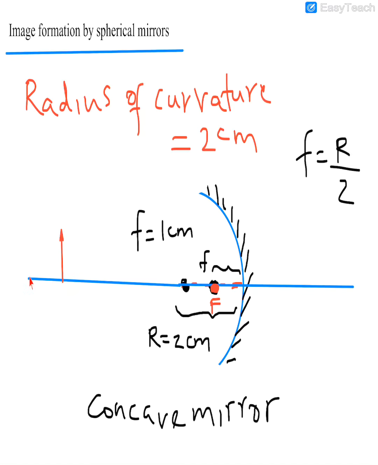Tail will always be on the principal axis. As you already know, this is the principal axis which we discussed already. Tail is always on the principal axis, and head is here. Okay, now you can see